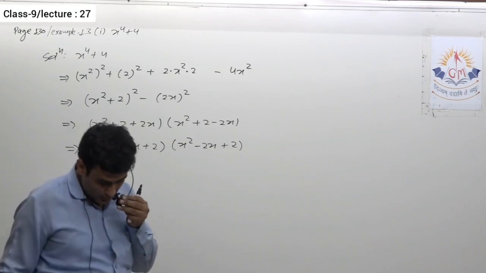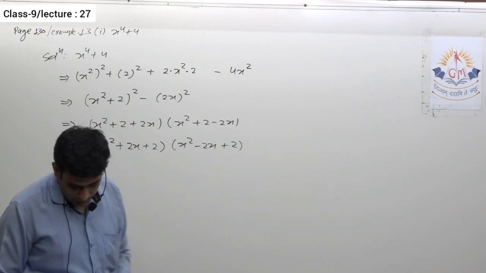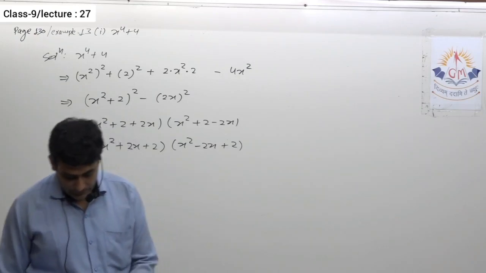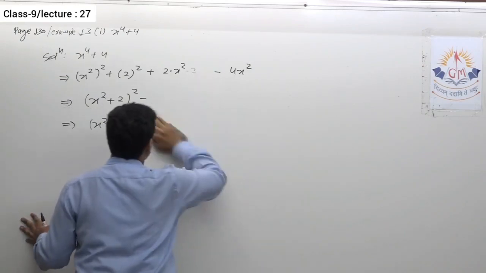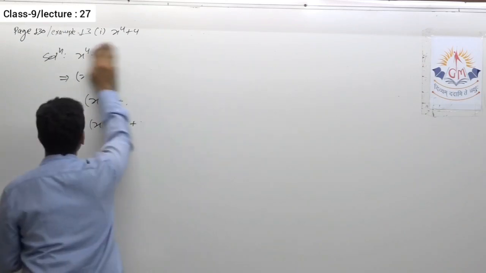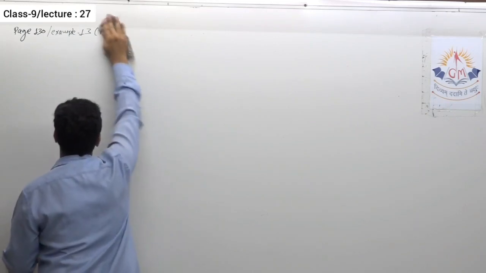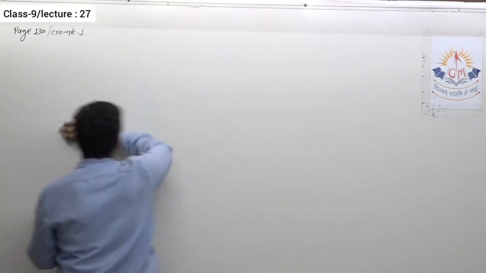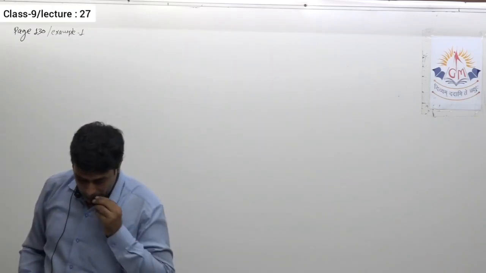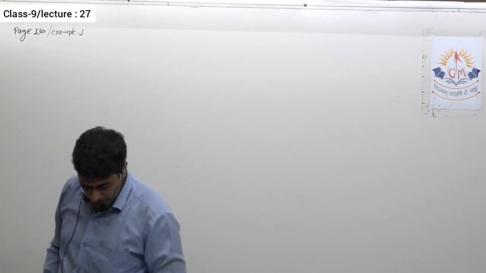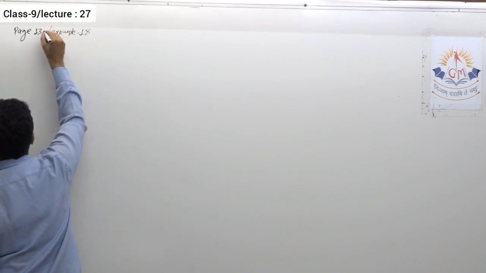Okay, so now next we will see example number 18. That we saw in our last lecture, that is factorization by splitting the middle term, but this time the term contains some irrational numbers as well. So next is from page number 131, example number 18. Example number 18, page number 131.